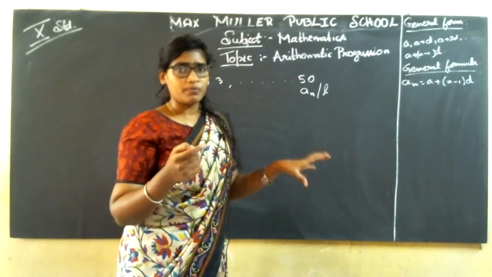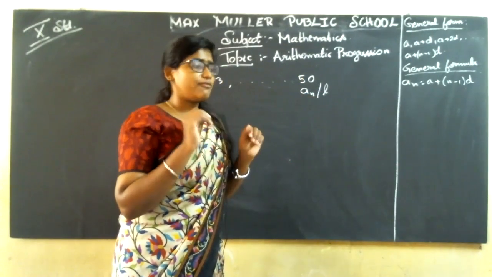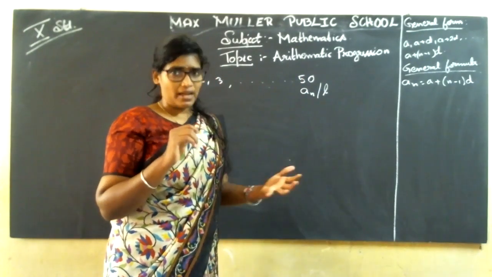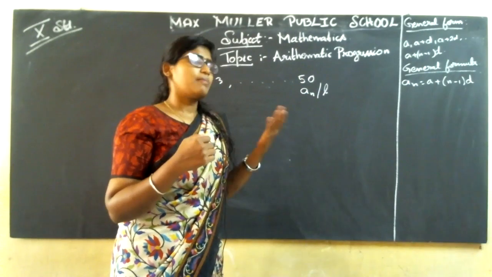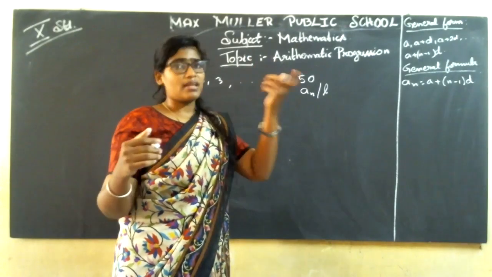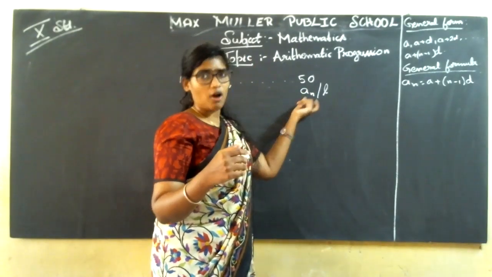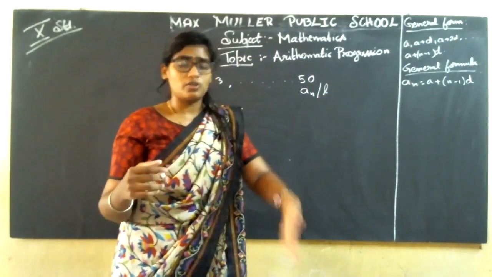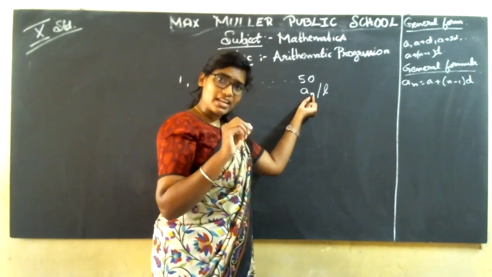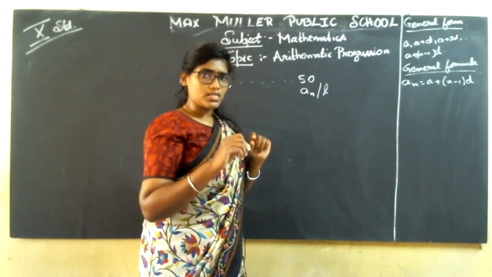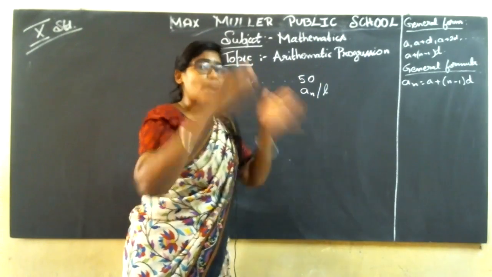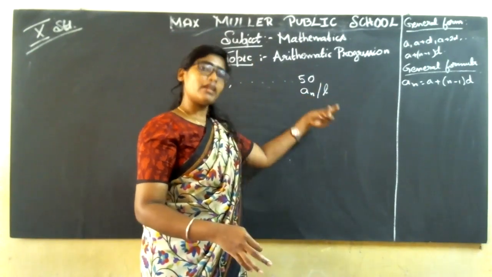I want the value. If I go to the grocery shop and take a lace packet, what is the value of that lace? It might be a 5 rupees lace, a 10 rupees or 25 rupees or 100 rupees lace. So I want that particular value. That particular value is AN or L. So how many lace are you going to take? If I'm going to take 5 lace, that is the N value. For 5 lace, it is 50 rupees. Did you understand? For 10 lace, it is 50 rupees. For 20 lace, it is 50 rupees. So the value of the lace is AN or L.